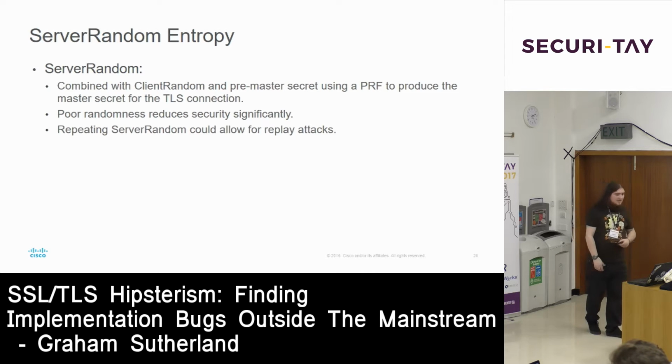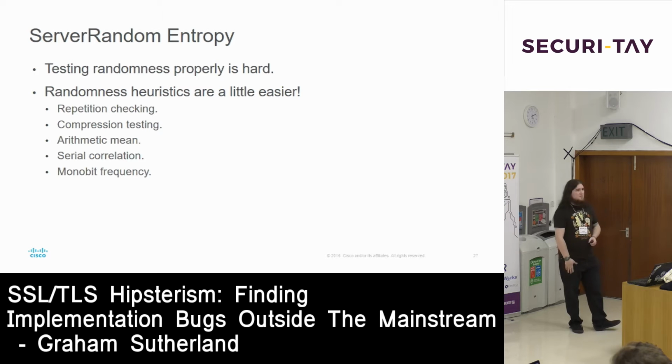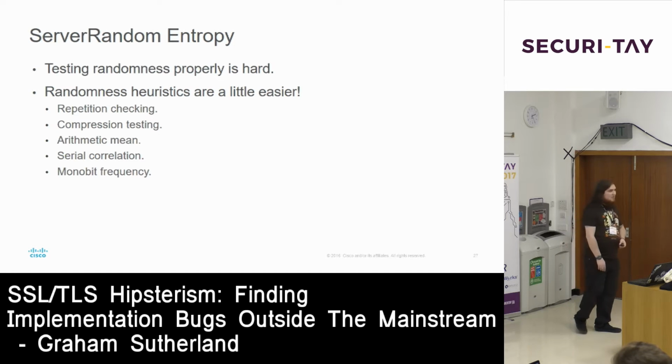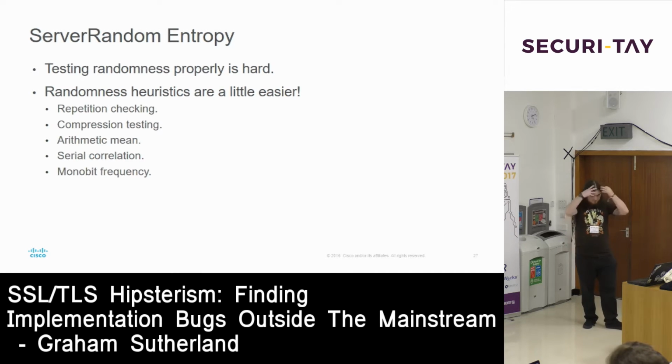It's basically you're just reducing the entropy of the whole thing. And of course, repeating server random values can allow for replay attacks. So testing randomness properly is hard. If anybody has ever come across the Diehard randomness suite and tried to work out how the hell that works and what the hell the results out of it mean, you'll probably start to get into the realm of probability theory and all sorts of number theory, and things just get